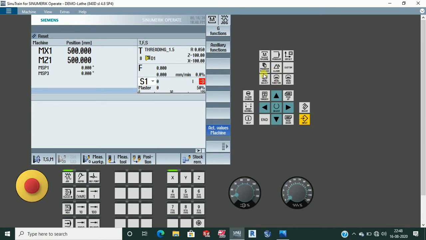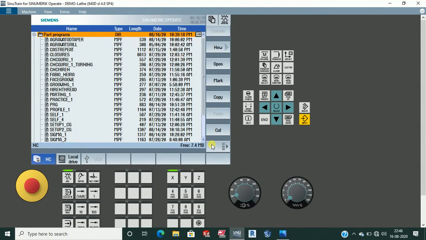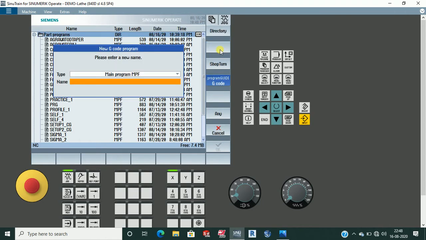Let's start making a new program. Click on program manager, program, part programs. Then click on new program. We want to make a G code program, so we'll select this. If we want to make a manual program, we'll select the other option. Let's start with program guide G code. Click here and write the program name.